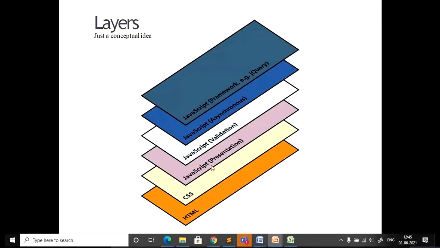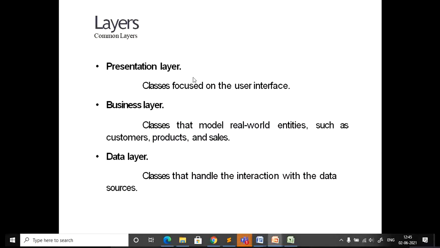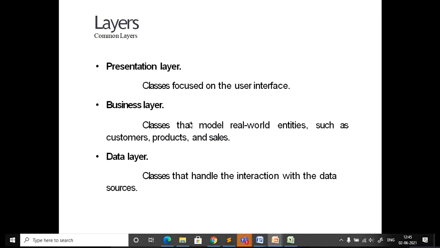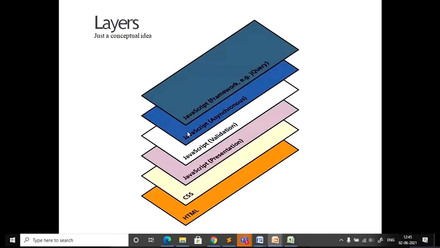One layer represents presentation, and JavaScript validation also comes under presentation. Then JavaScript asynchronous comes under the business layer, so whatever task I mentioned for the business layer is implemented at the JavaScript asynchronous layer.